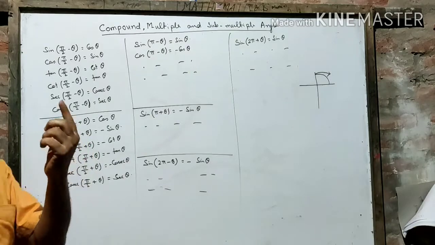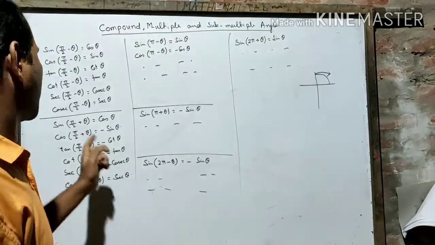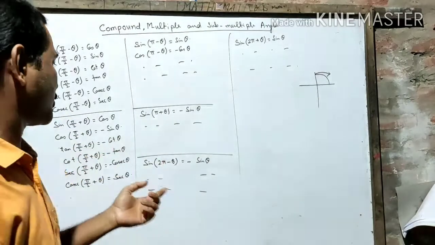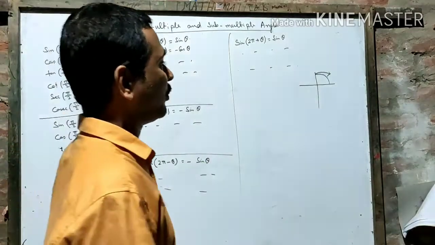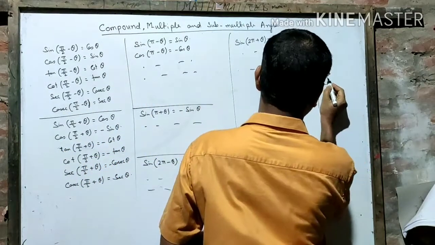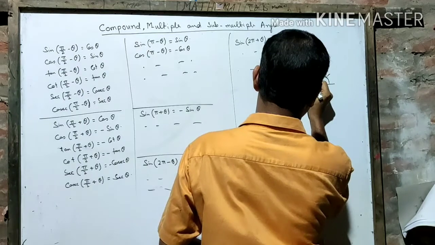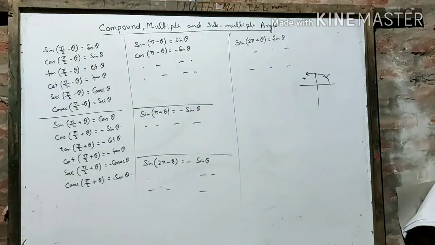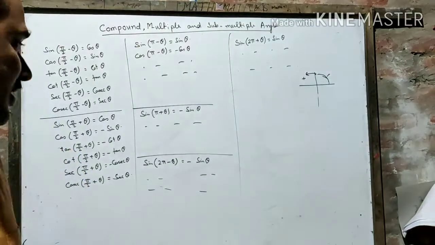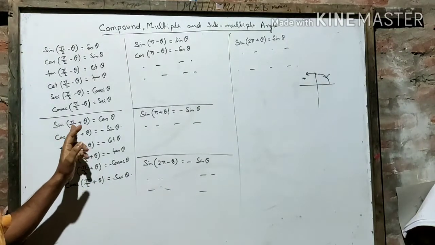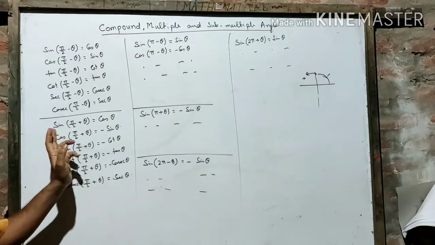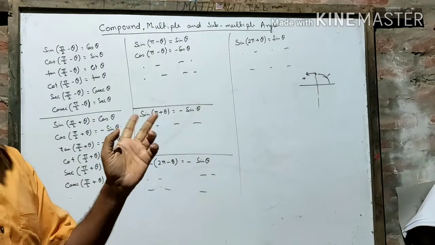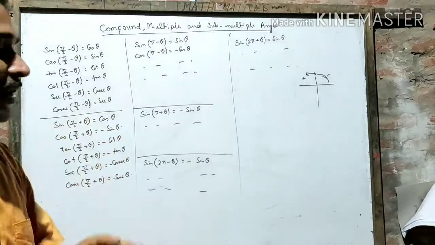As there is pi by 2, 1 into 90, an odd multiple, there will be a change. Sine will be changed to cos, cos will be changed to sine, like that. And in which quadrant is it? Pi by 2 plus theta is in the second quadrant. So in the second quadrant, sine and cosec are positive and the rest are all negative. And for pi by 2 plus theta, 1 into 90 odd multiple, there will be a change. So change, and sine and cosec positive, rest all negative.